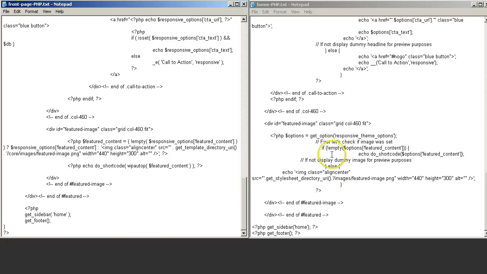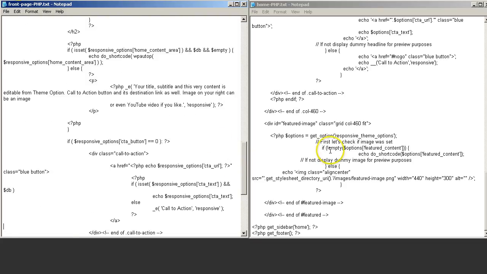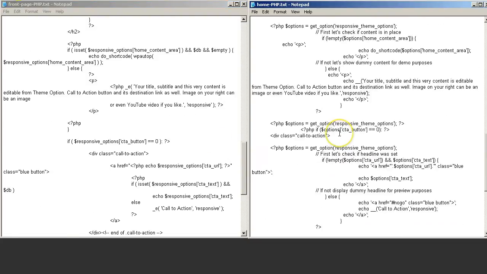So the coding is slightly different, if you can tell by just looking at this little section right here. This looks tighter and leaner than this. It's not as bulky. So some refinement in the code, but all the same features and columns and grids and everything are still there. Call to action button still there. Featured image is still there. Let's see, call to action, yep, and content area